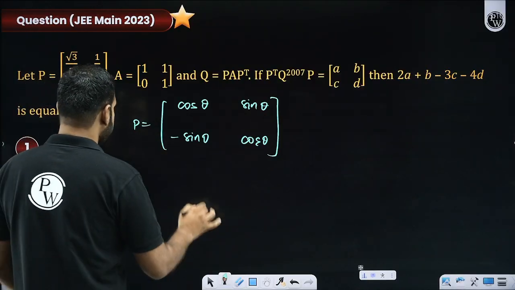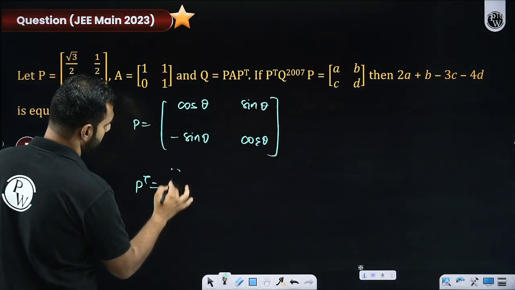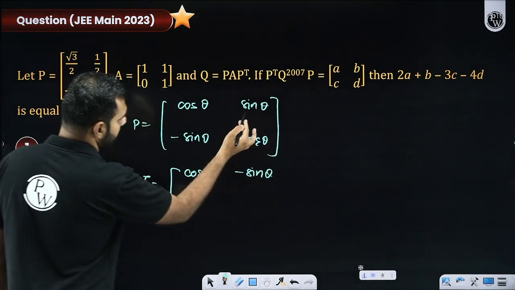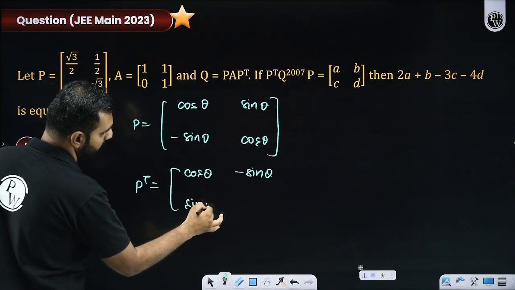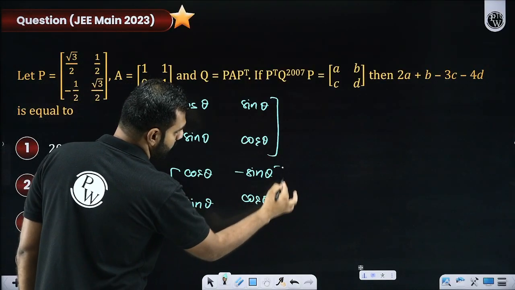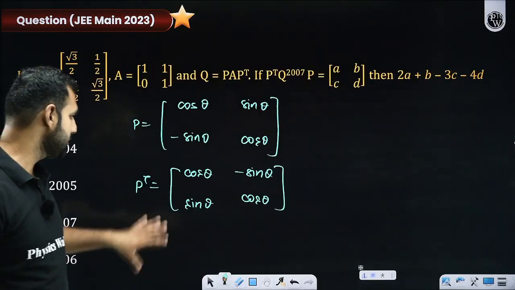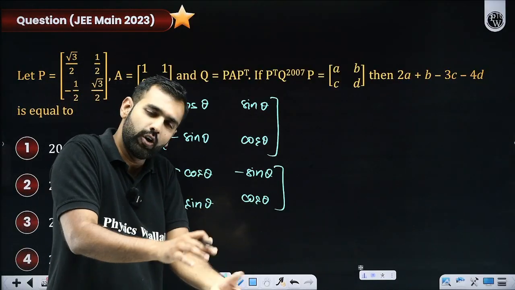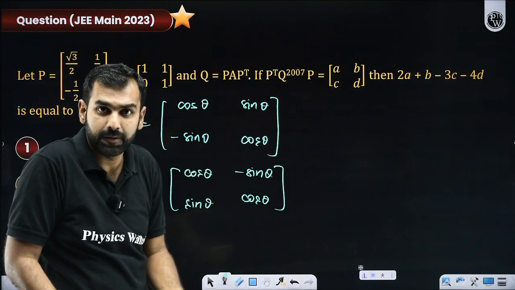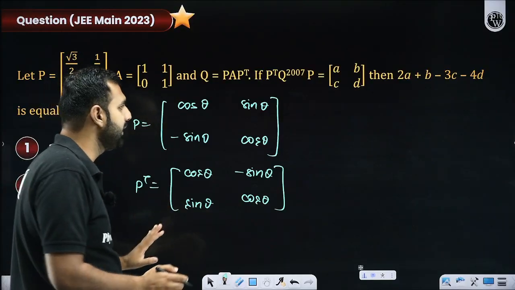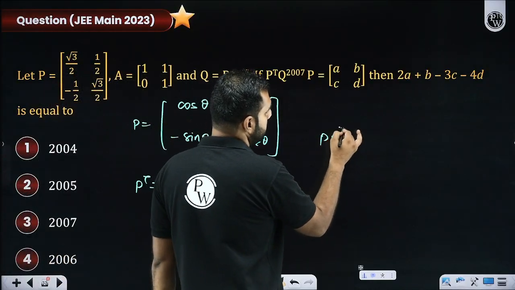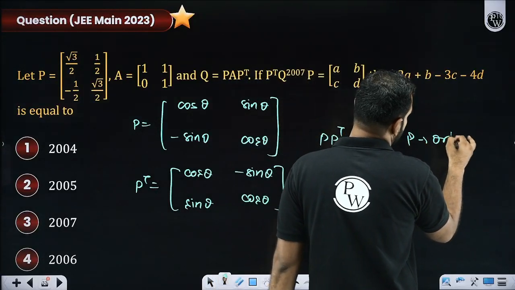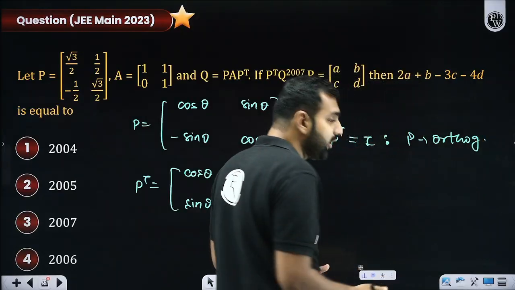What will be P transpose? I hope you're realizing P transpose will be nothing but cos theta, minus sin theta, then sin theta and then cos theta. Sir, this is the same as the previous question, yes or no? In the previous question, this was P and this was P transpose. But P transpose into P was I, then P into P transpose will also be I, because P and P transpose are inverses of each other. So I got this conclusion that P P transpose will be I, which means I conclude that P is orthogonal. Although you don't have to write all of this, I'm just giving you this idea here.